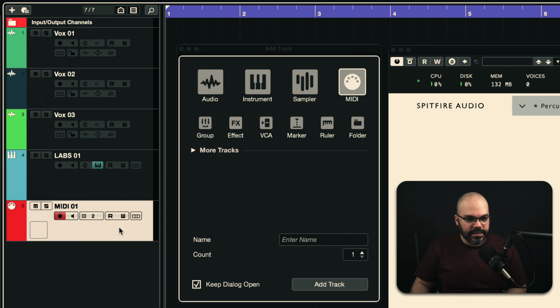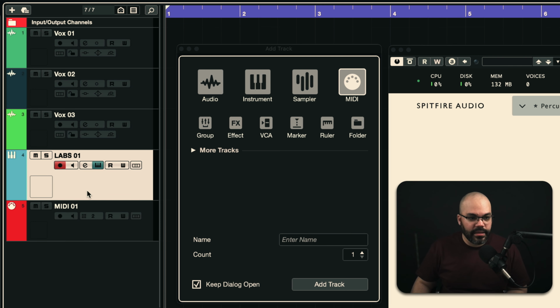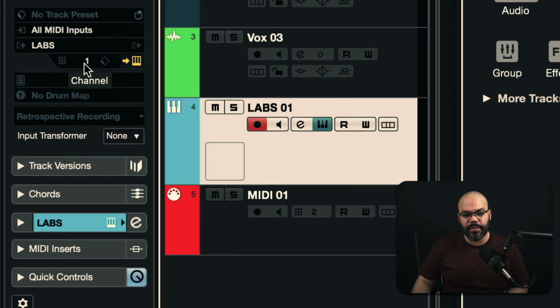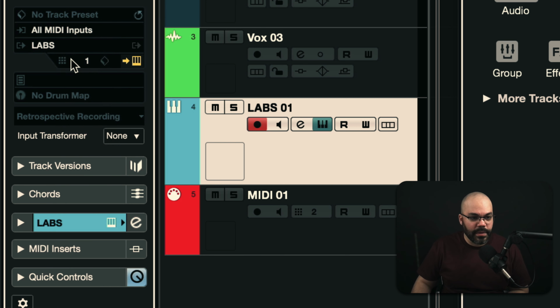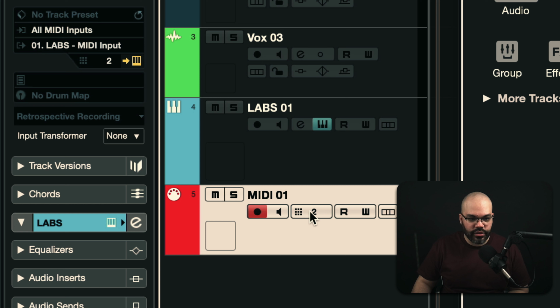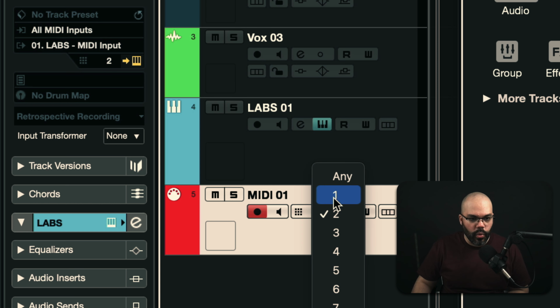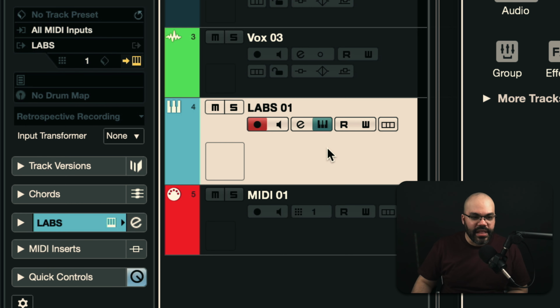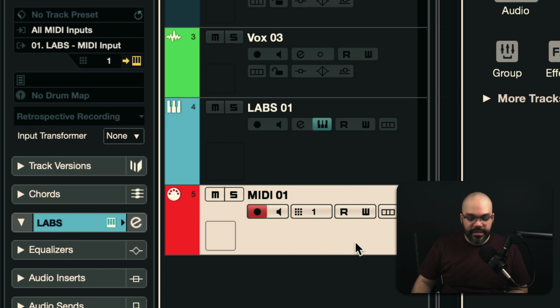And in this case, I'm going to pick the instrument right here and make sure that on the inspector, I see the channel that that instrument is actually playing. That instrument is using channel 1. So I want to put that MIDI track to channel 1, okay? I know that MIDI is routed to that specific channel, okay? So now when I play that MIDI,